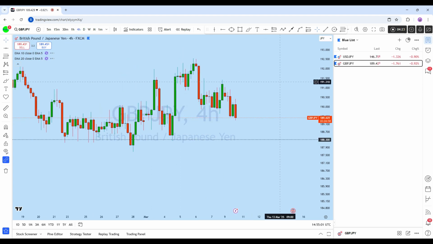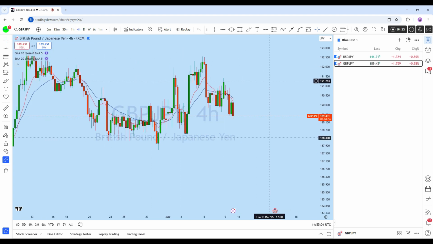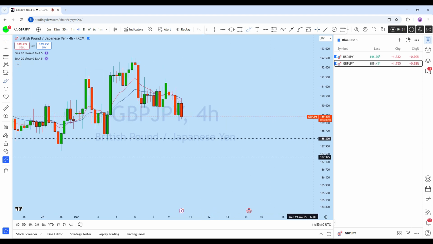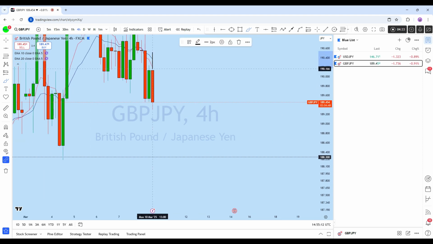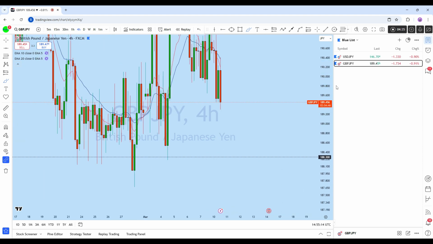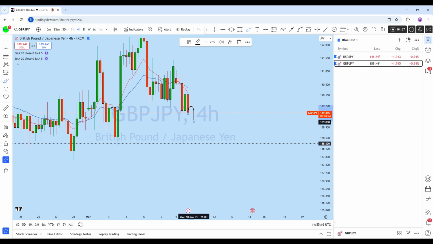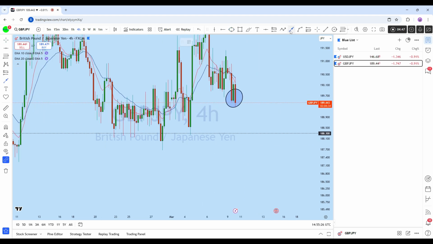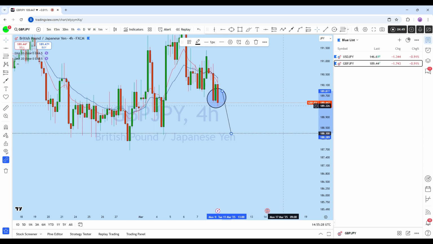From the 4-hour perspective on GBPJPY, we can see that there is a head and shoulders formation here, and along with that head and shoulders formation there is also a strong bearish engulfer here on GJ, and we are expecting this market to potentially continue to trend to the downside to create a new lower low. So this is where, as soon as we find a suitable entry on GBPJPY, we will be looking for a selling